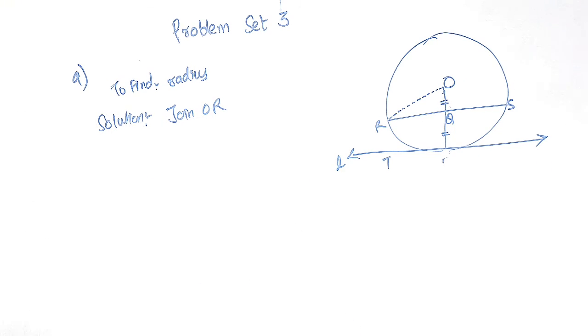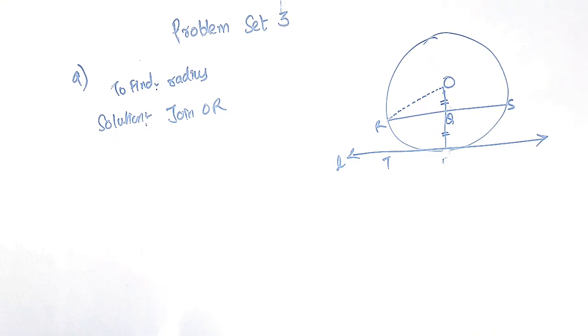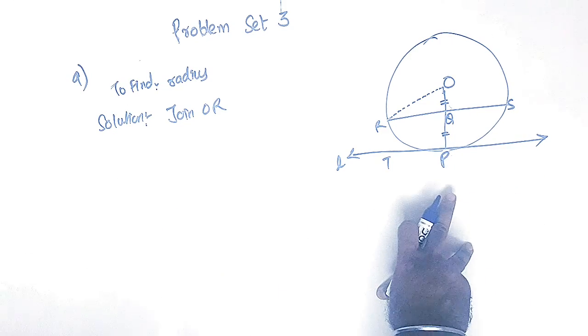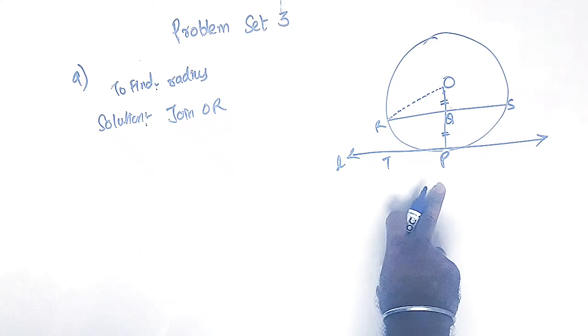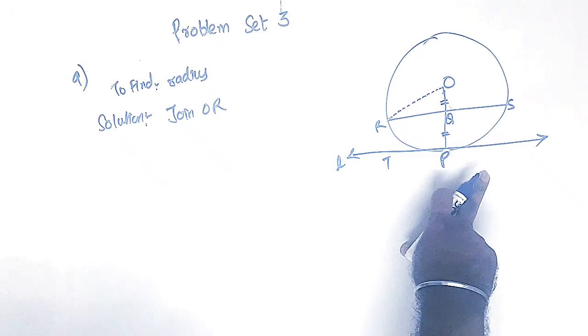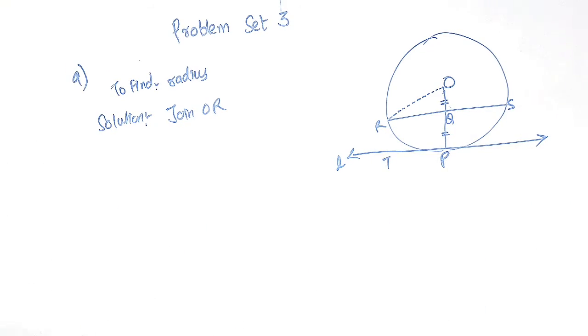Okay, and what else is given is line L touches the circle with center O at point P. This was just wiped off, so I am writing it again. Q is the midpoint of radius OP. RS is the chord through Q such that this chord is parallel to line L. This is the very important point. Chord RS is parallel to line L. So if RS is 12, we have to find what is the radius of the circle.